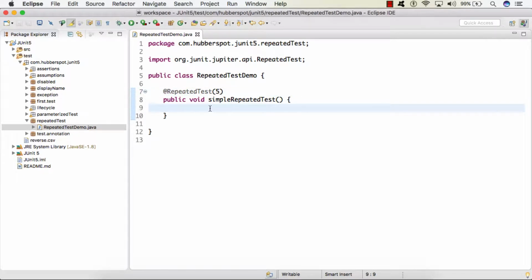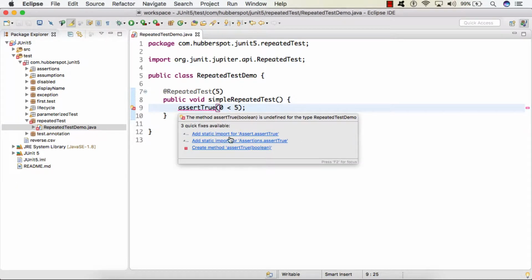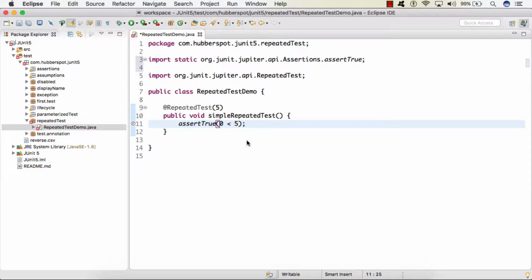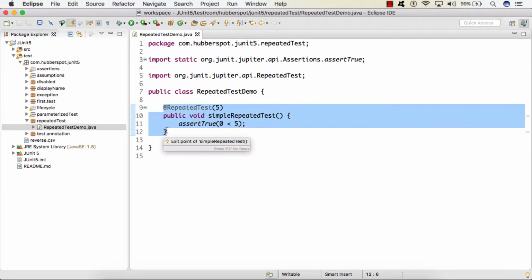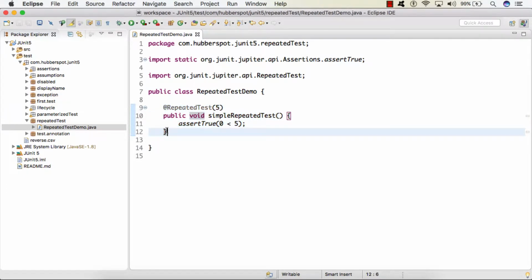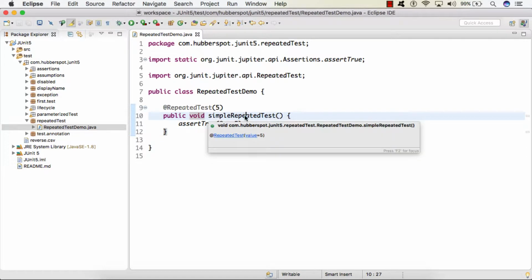and inside this test case I'll simply provide assertTrue. Let's say I provide a boolean condition as 0 is less than 5. So we'll import assertTrue, and we know that 0 is less than 5. Therefore this assertion will pass, and also this test case. So friends, if I run the test case now,